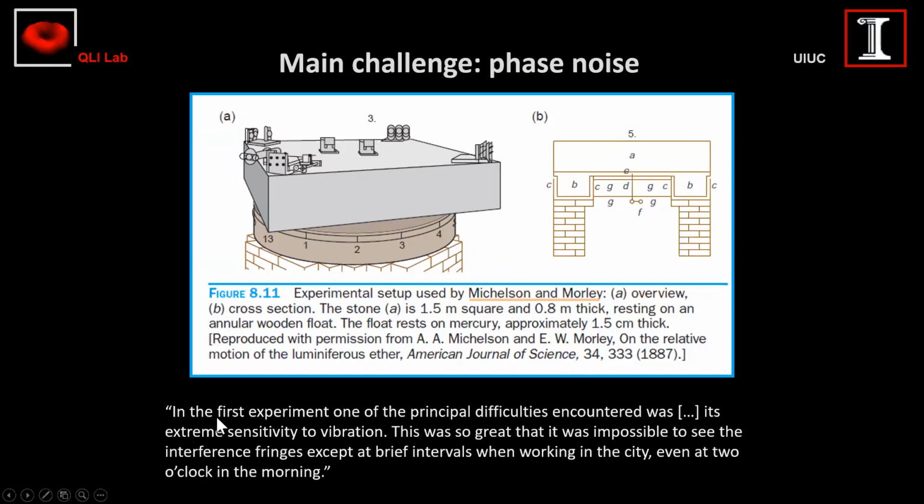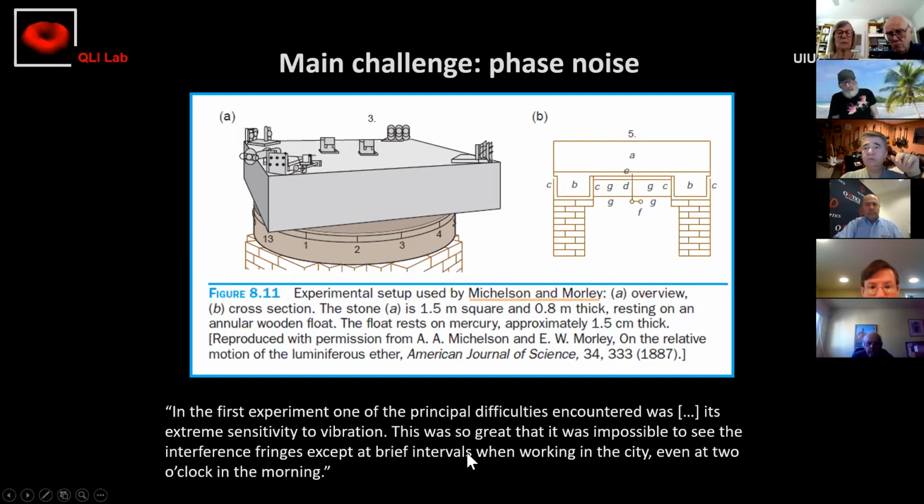And what they had to say is that in the first experiment, one of the principal difficulties encountered was the system's extreme sensitivity to vibration. This was so great that it was impossible to see the interference fringes except at brief intervals when working in the city, even at 2 o'clock in the morning. So when you combine 2 beams and they go on 2 physical paths, going through different optical components, passing through different air, different atmosphere, this simple difference actually creates random noise that washes out this phase information